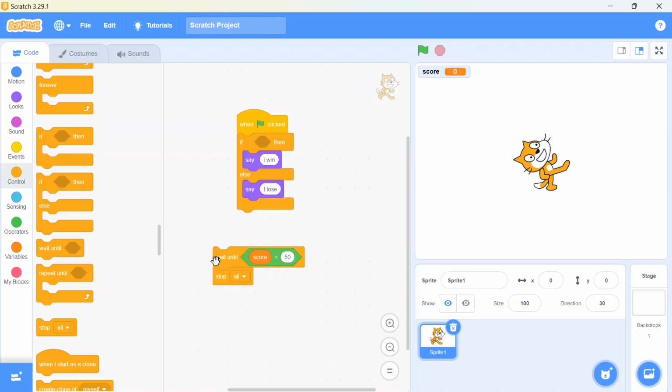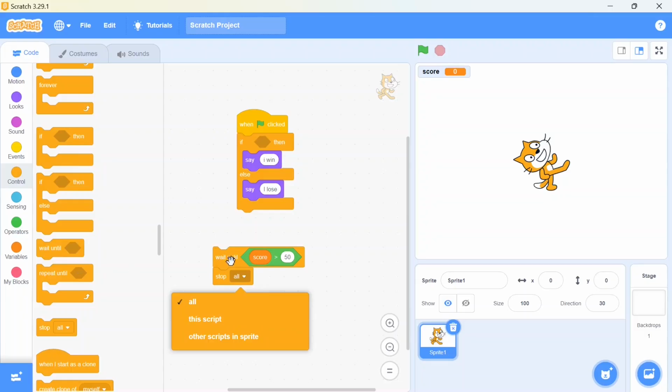It means until the condition is true, your sprite will wait, the game will run, and after that everything will stop. In this case you can also use this stop block, which is also a part of the control blocks. Here it is mentioned all. It means when you want to stop all the action, and if you want to stop the action of a particular sprite, you can mention it over here. Like here I have chosen only one sprite, so this sprite is mentioned. When you choose more than one sprite, on that basis you can use this stop action for a particular sprite as well.